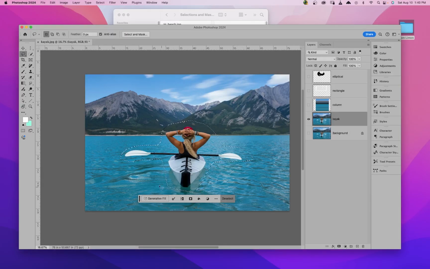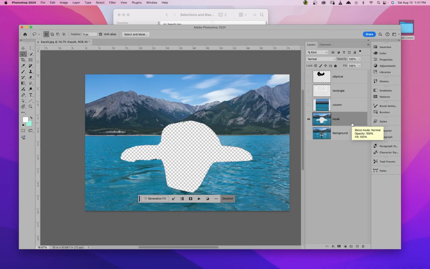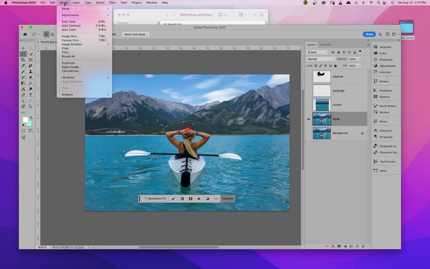Okay, so now that we have our rough selection of our kayaker, keep in mind a selection works in unison with whatever layer you're working on. So if I want to, let's say, delete the kayaker, make sure I am selected on my kayak layer. If I press delete, I just erased that portion from this layer. And notice how I have my checkerboard pattern. That means there's empty pixels. There's no pixels in that area. Let's go ahead and undo this. Command Z or Edit, Undo